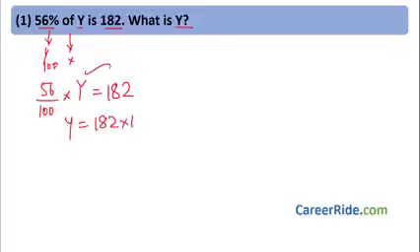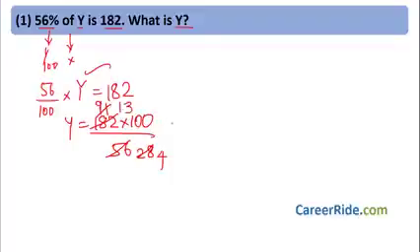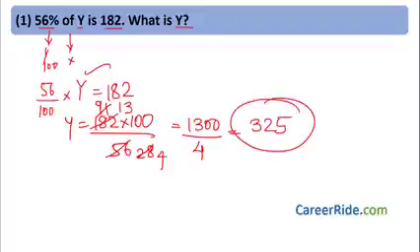Simply take it over here. Okay, divide by 56. Let's say divide by 2. What you will get? You will get 28 over here, 91 over here. Let's try some other number. This is divisible by 7. 7 4s are 28, 7 13s are 91. So we get 13 over 4 times 100. 1300 divided by 4. What will we get? 4 3s are 12. 4 2s are 8. 25. 325 is the answer. Y is 325.